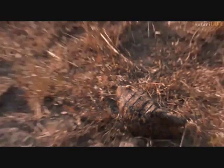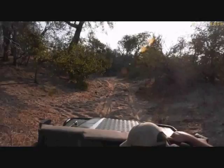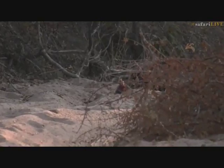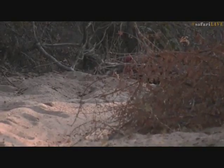But interestingly enough, in front of me down the riverbed over there are 2 ground hornbills, and they're feeding off something. I don't know what it is yet, but they're going crazy. They're busy pecking away. You can see there it is, and they really are hammering something in the ground there. So I don't know what it is, and I'm scared to go too far forward and that we chase them